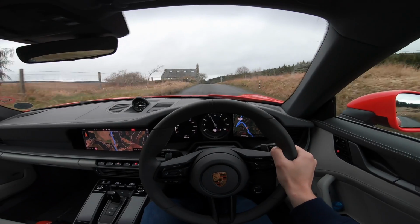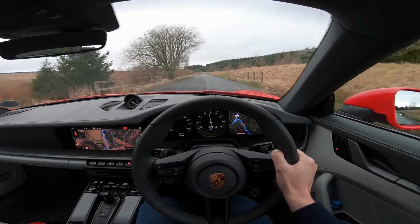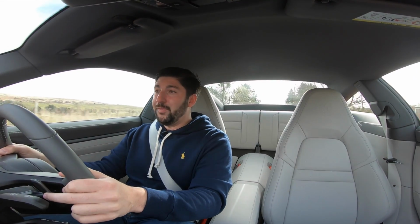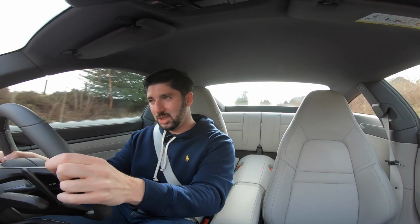They've also worked on the turbochargers. So in this car now, they are symmetrical, larger turbochargers than you'd find in the previous generation 991, which means that you can feel it. There's so much low-end torque in here. 2 turbos. It's just...